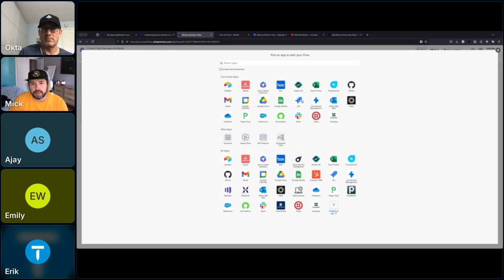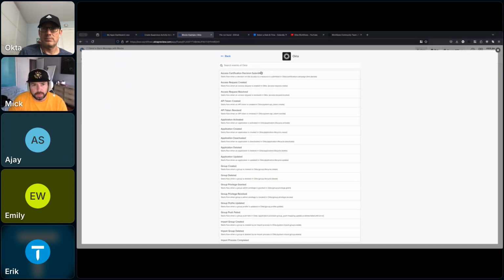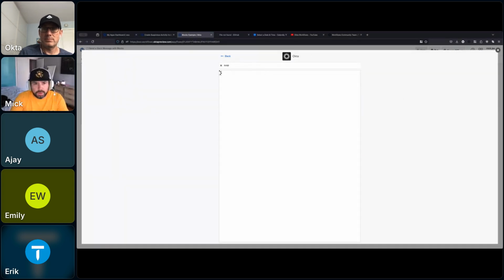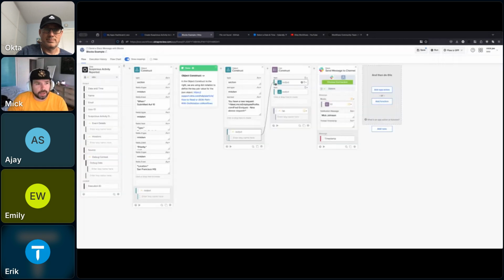So I'm going to add the Okta suspicious activity reported event. So if we go here, suspicious activity reported, that will now be added as the workflow event here that we're going to leverage, that's going to kick this flow off. And so now, we've got all the outputs that come along with this suspicious activity reported.